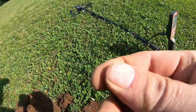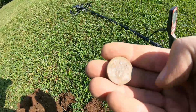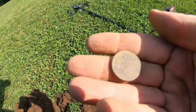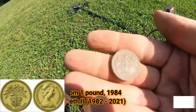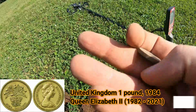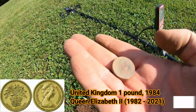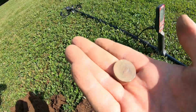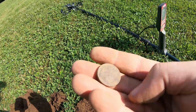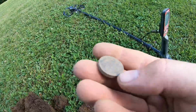Not sure. I've never got this one before. I've seen that flower, of course, in the crown. So I'm just looking for a date. It's coming out pretty good too. Not bad. Wow. I don't see a date on this thing, but